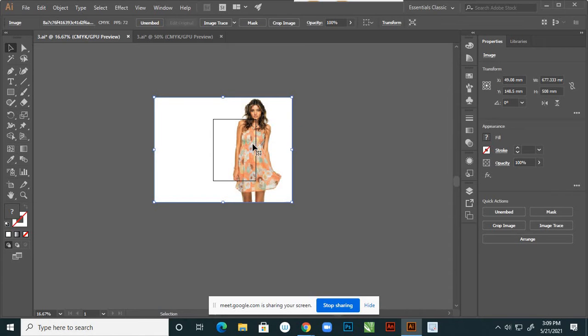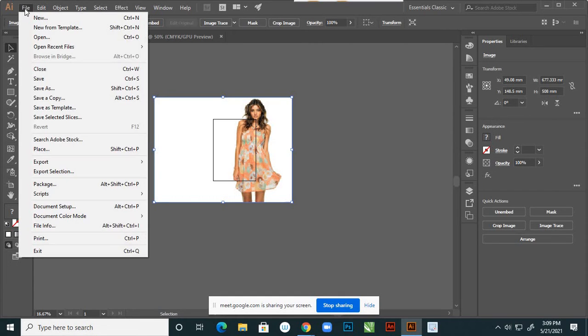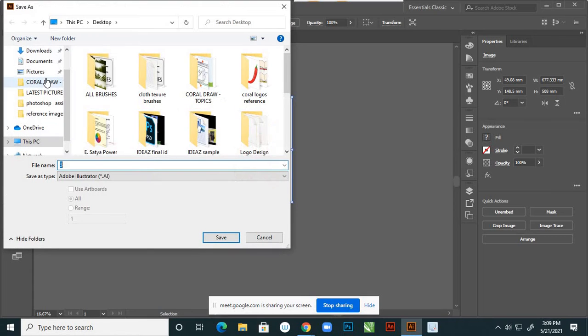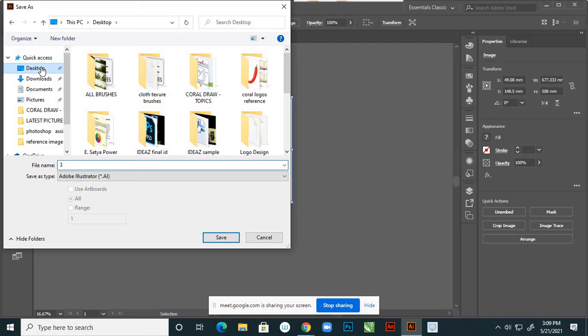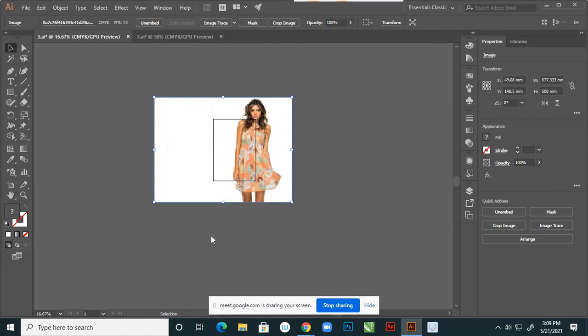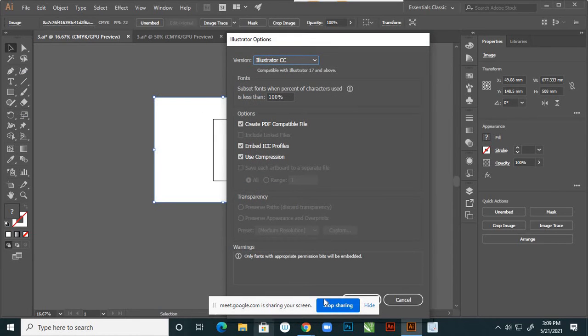Now the benefit of this: see, I'm saving this. Save as, otherwise save. I'm saving on the desktop. Here see, the include linked file option is not showing.